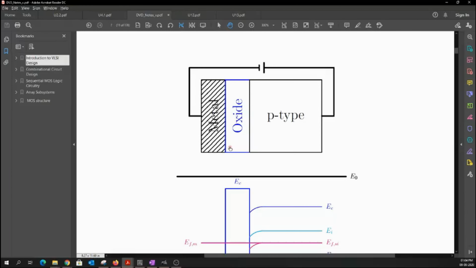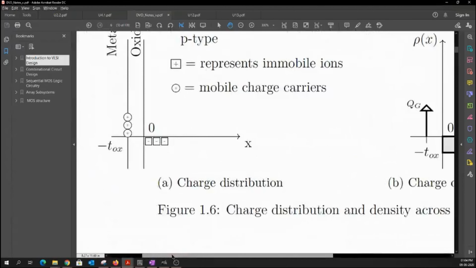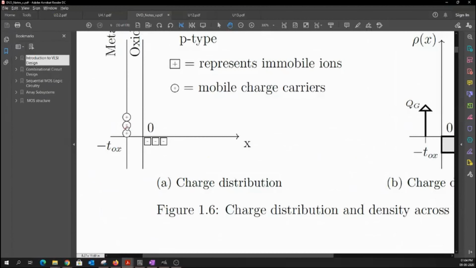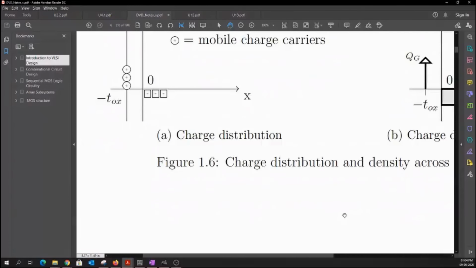And see how it eats up the positive charges that I had at this particular interface. I just want to remove these positive charges away from this interface, for which I'm applying a negative potential towards my metal. Clear? And I'm going to take 3 voltages to remove all these charges. One is minus V1, the other one is minus V2, and the third one is the most negative voltage, which is minus VFB. Clear? And see how the band reacts for each of these.